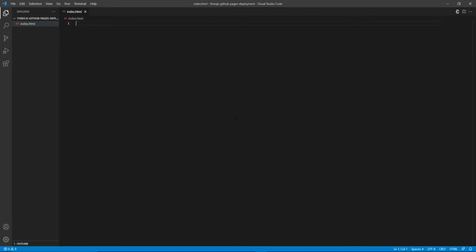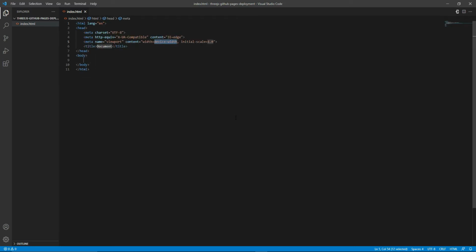index.html, and this is just basic stuff that we do. I'm just going to give the title as GitHub Pages deployment, and I'll just add Three.js just in case. Cool. And then in the body tag we have the canvas, and we'll call this WebGL. Then a script, type equals module, and source is equal to index.js. Cool. And now let's create